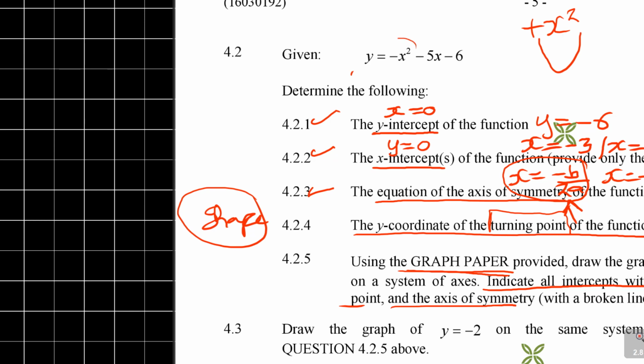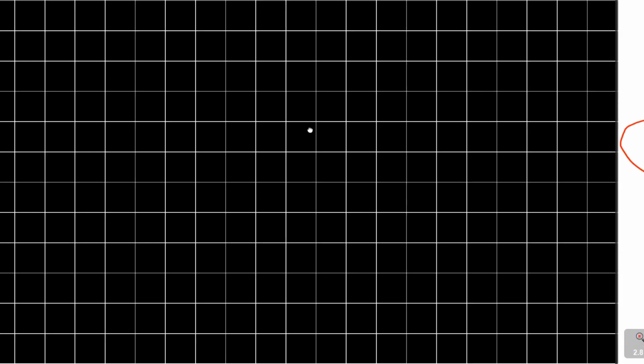Now since here you see it's negative x squared, it will do that. So those are important things to remind yourself to say: where is it facing? Is it facing up or is it facing down? We call it concave up or concave down. So from here, we know that it's going to face down, and then we know that y is more negative than positive. So if I draw my graph,